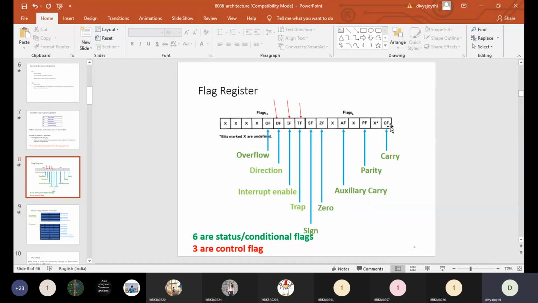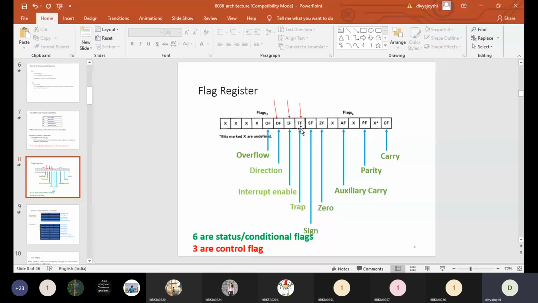See here, what is the first one? CF. CF means carry flag. PF, parity flag. AF, auxiliary carry flag. Here it is a carry flag, here it is the auxiliary carry flag. There is a difference between carry and auxiliary carry that I'll explain now. And next, ZF. ZF means zero flag.